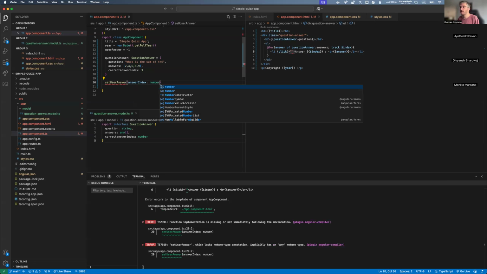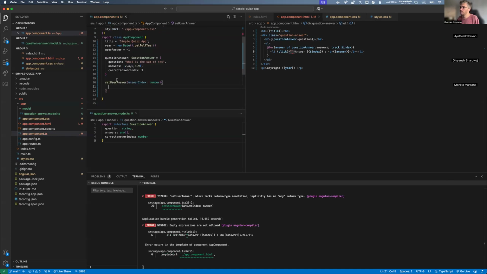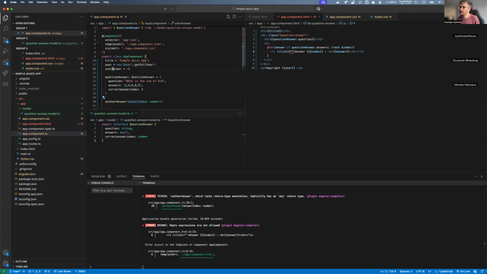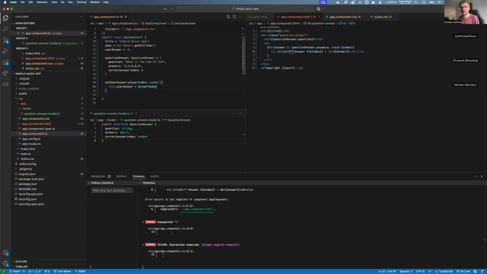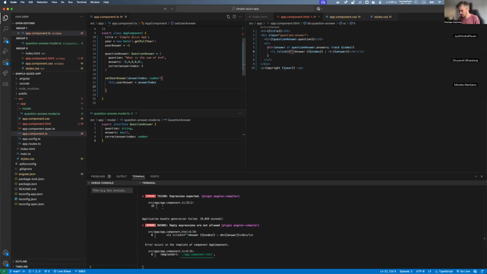Once this method is called, I want this value to go in this value, so this.userAnswer equals answerIndex. We can also do a console.log just to be sure that it works.